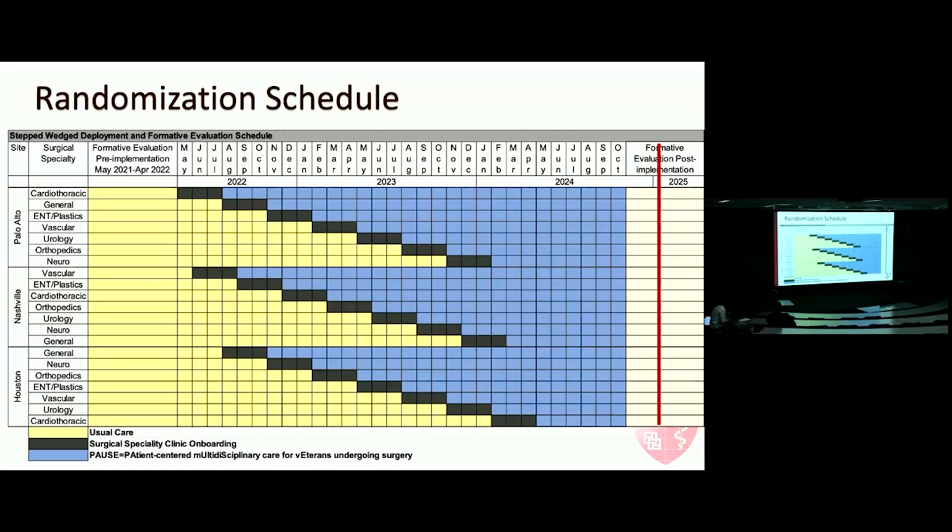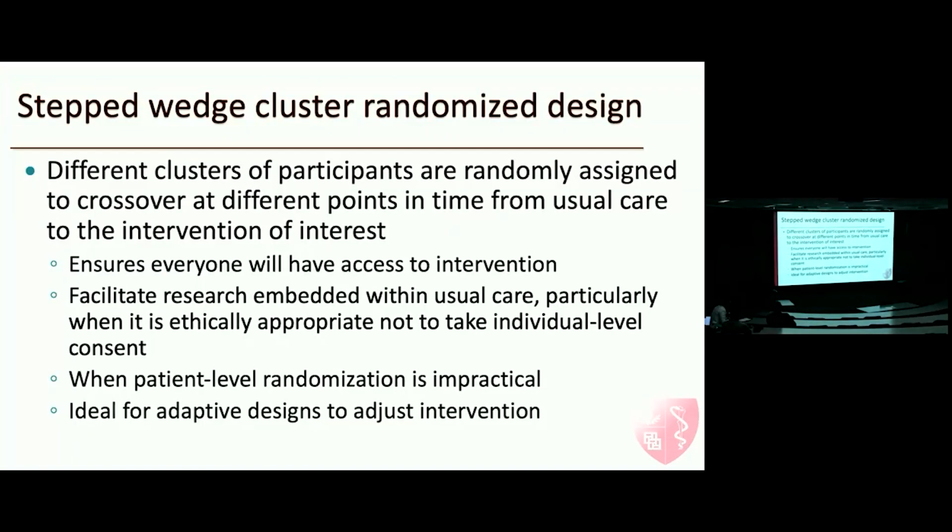But right now we are in January 2025. We are doing our post-intervention interviews and focus groups, and we'll be analyzing this data. So, talking about the stepped wedge design: when to use it, why, and where is it helpful and not helpful. In a stepped wedge design, different clusters of participants are randomly assigned to cross over at different time points in the trial. And that's why I wanted to show you the schedule and how each specialty is serving as its